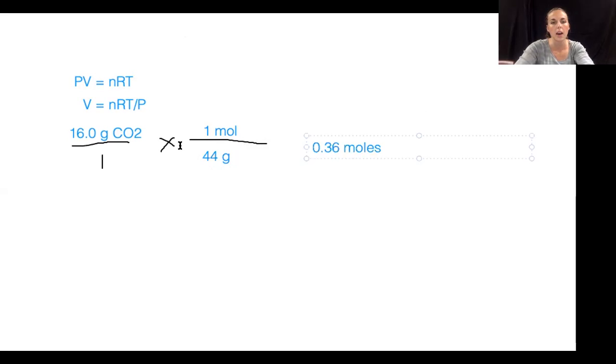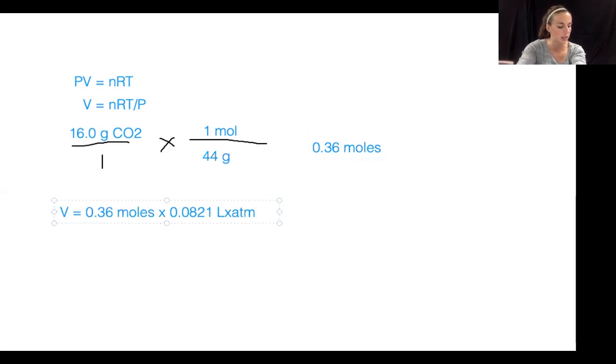All right, so now I have n, and I have temperature, and I have pressure, and R was the constant that we talked about. Okay, so we're just going to plug everything in. So I have V equals, and n was 0.36 moles times that R constant, which is 0.0821